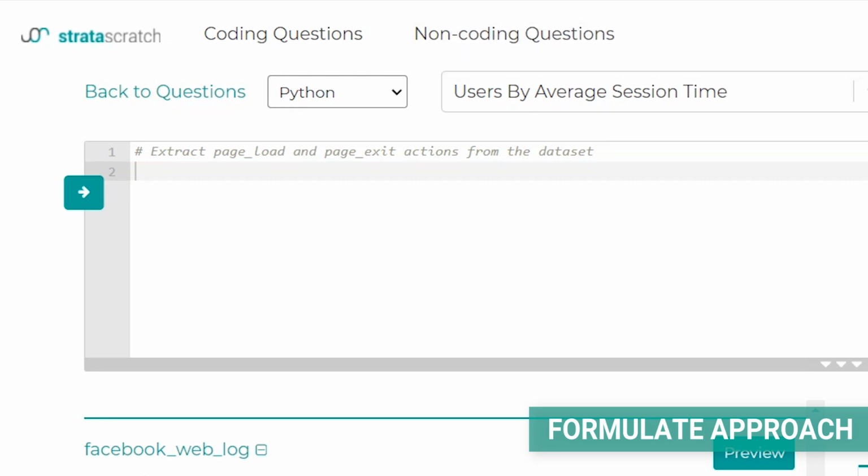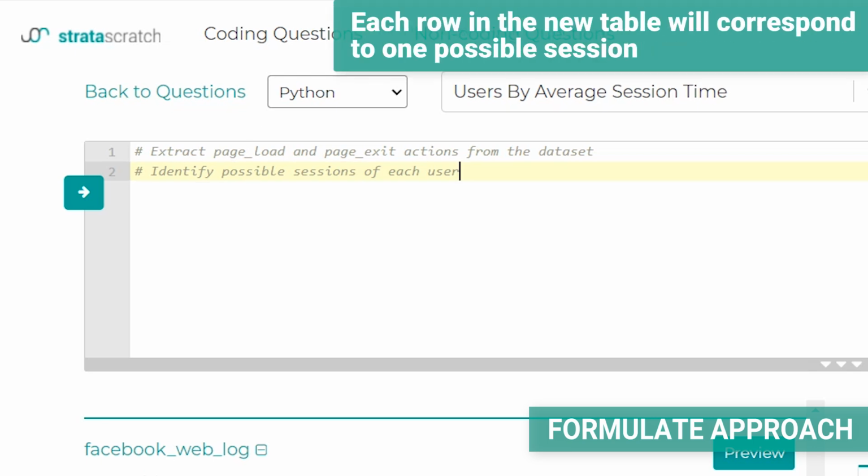And in the next step, it would be wise to create a table with all the individual sessions. Remember that a session starts with a page load and ends with a page exit, so we could have 3 columns, one for user ID, then one with a timestamp of a page load action, and one with a timestamp of a page exit action. And we can do this by merging all these page load timestamps of one user with the